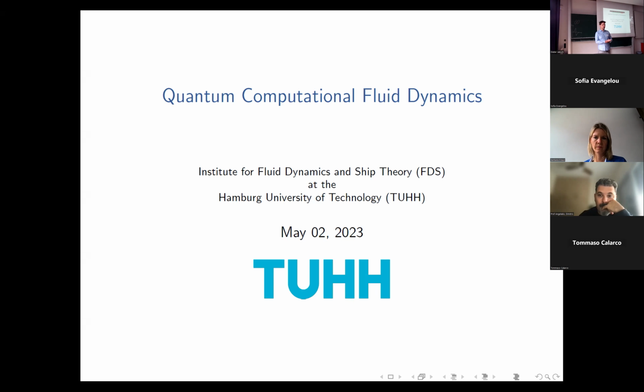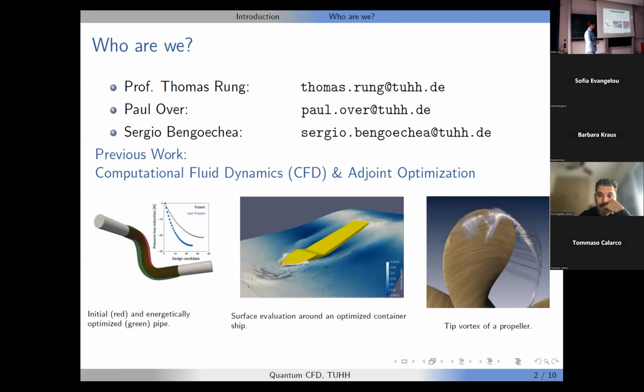Welcome, and thanks for the opportunity to present a little bit of our insights into the project. As already mentioned, we are coming from the classical CFD world, facing different engineering problems. Here, at the left, we have an optimization problem, shape optimization of a pipe, where the institute tried to reduce the pressure loss in that pipe. The design question was how the pipe needs to look.